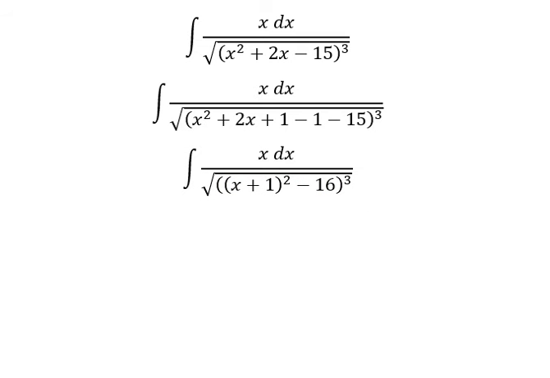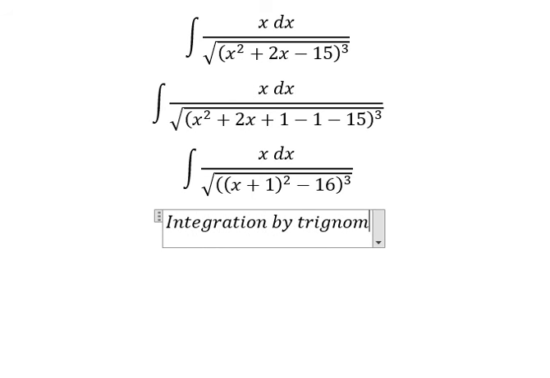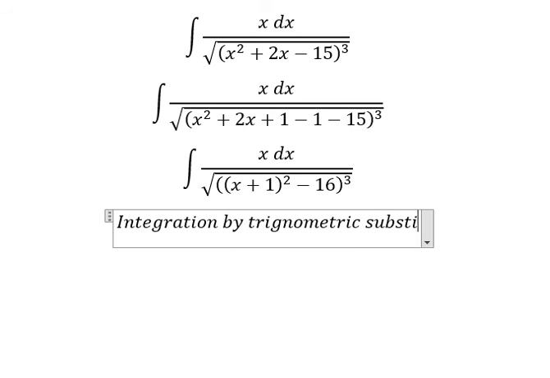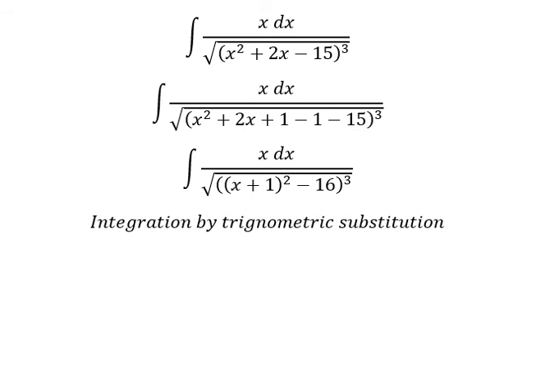Now we can use integration by trigonometric substitution. So I will put s plus 1 equal to number 4 secant of t. Because if I put this one in here, we have 16 secant of t squared. Number 16, we can do factorization. Secant of t squared minus 1, we change to tan t squared, and later we simplify the square root and